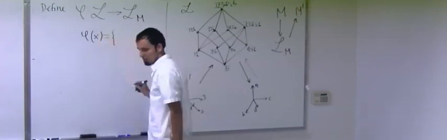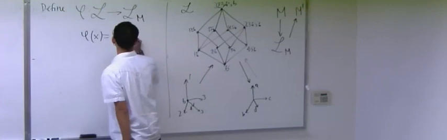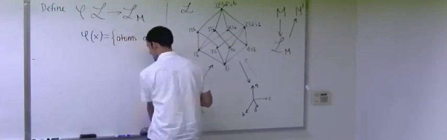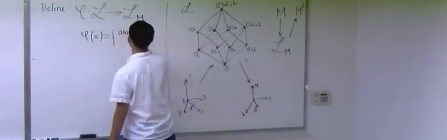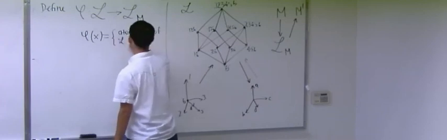And to that element you have to associate an element of the lattice of flats. What you're going to associate is this, the set of atoms A of the lattice such that